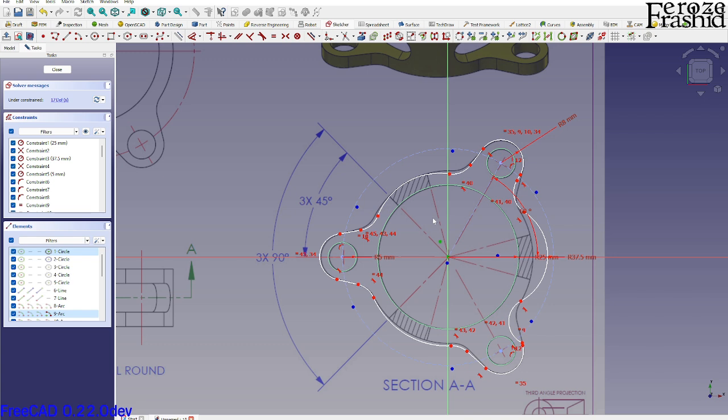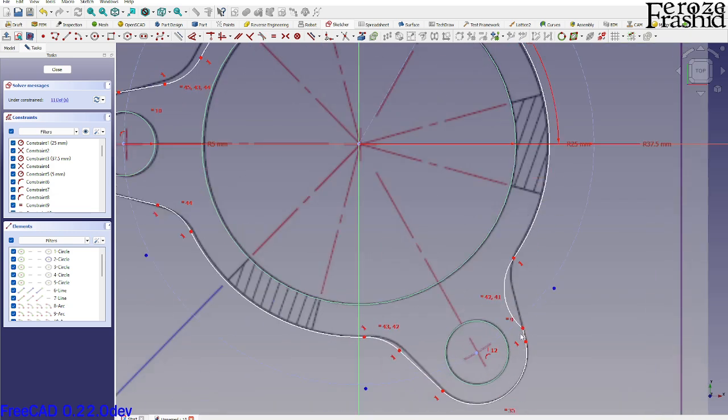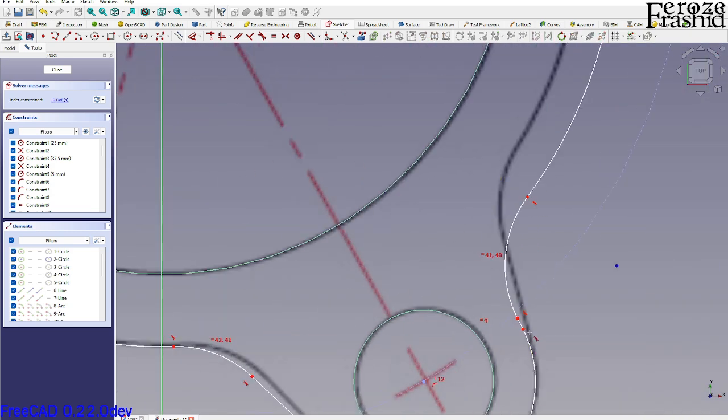Okay, and then how about we take this, so this is the center of this arc, and place it in the center, maybe this one too. Let's see which one. Yes, so this one will go there too, and this one will come. Okay, so we got this coming down to a good shape. Here I think it's a good time to actually place a tangential constraint,